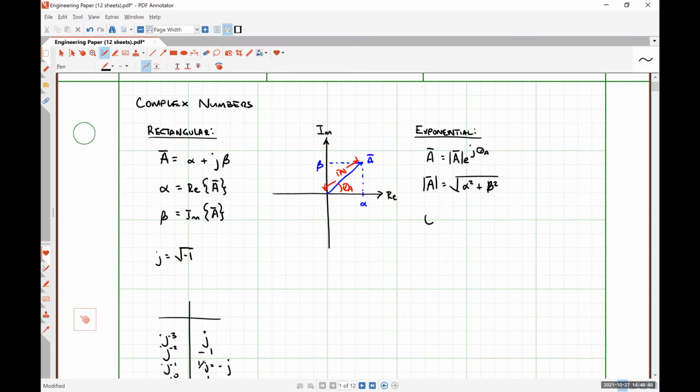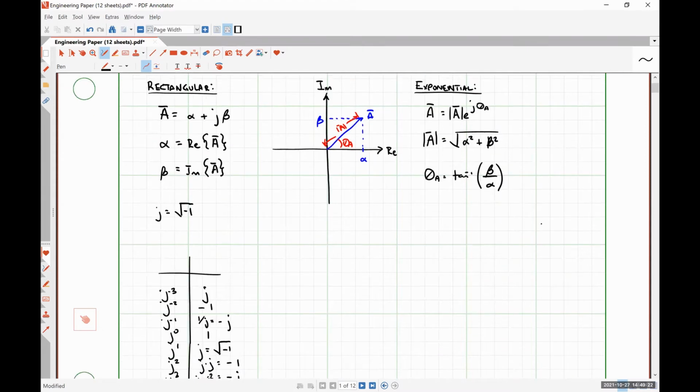And to find our angle, there are a multitude of different ways. The one that I am going to talk about very specifically is the inverse tangent or arctangent of the imaginary part, sorry, this should be beta, divided by the real part, alpha. Okay. Now I want to point something out here. So if you have your calculator,